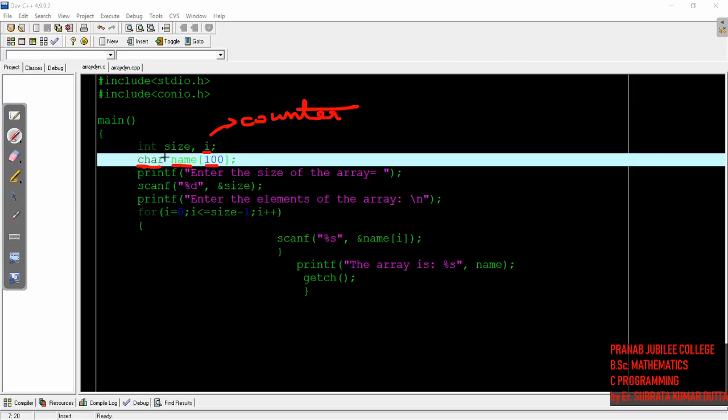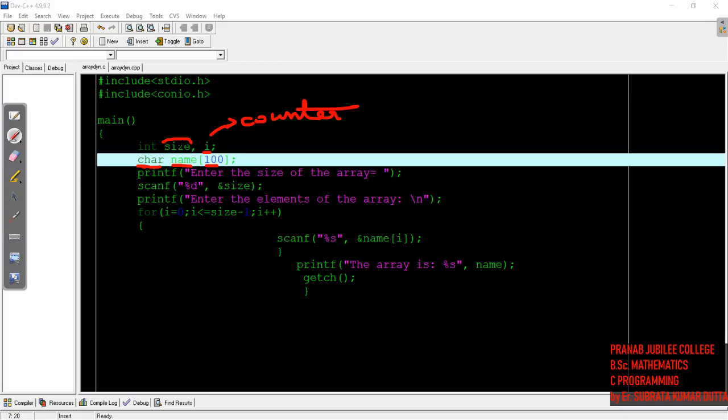Now see another variable I have used, size. So what does this variable do? In the last video I discussed that you can either fill up to the whole size of the array or to some specific size which is less than the maximum size of the array.